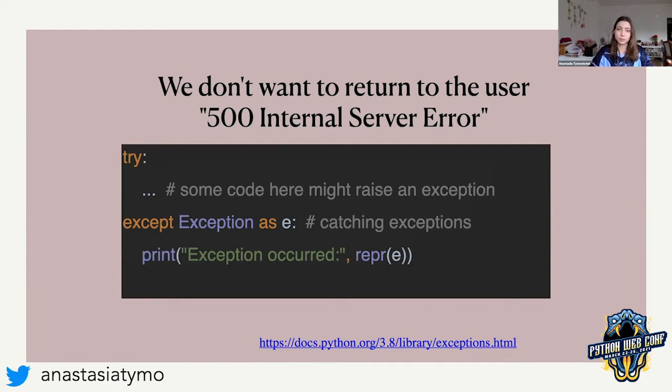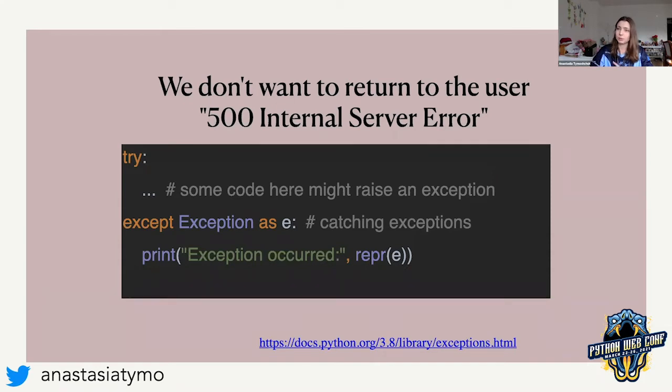How do we do it in Python? We do a try except block, and then we are just trying to do something with the exception. In this case, we are simply silencing the exception by printing it and then not doing anything, which is not quite nice. And I wouldn't suggest you silence exceptions. I would suggest you handle exceptions. That means that if you caught the exception and you know what to do with it, take action and, of course, log what happened in there to reproduce it in the future.